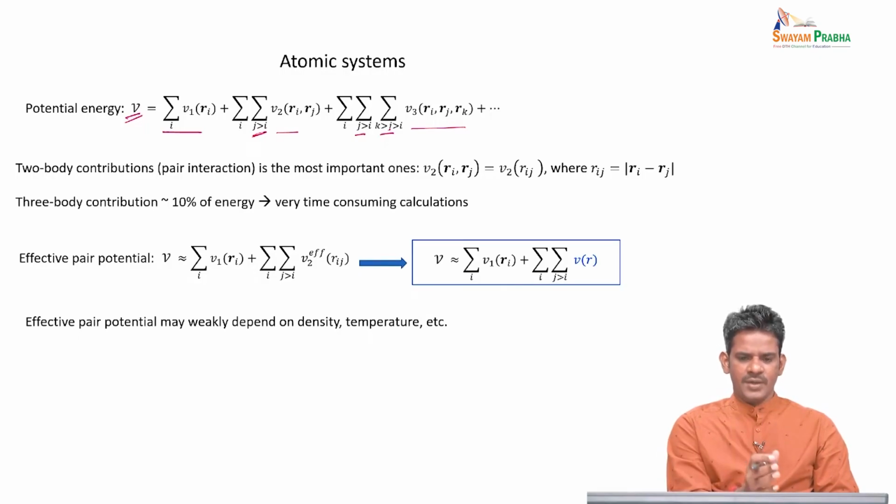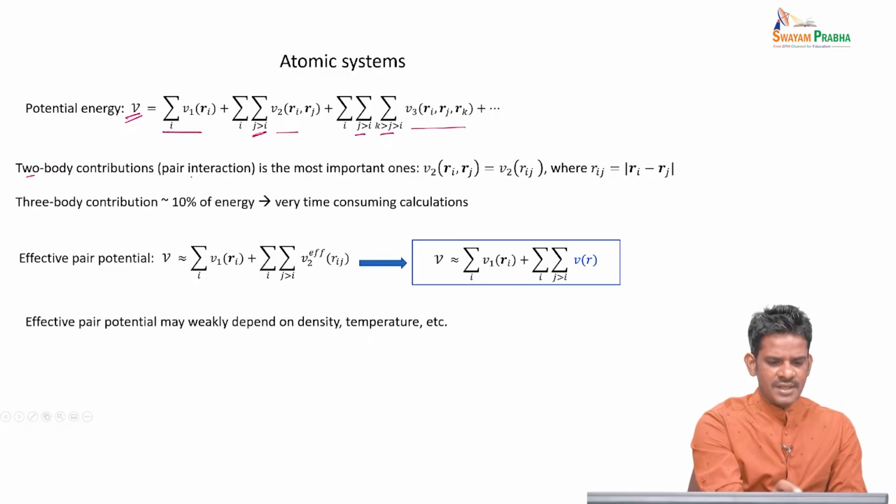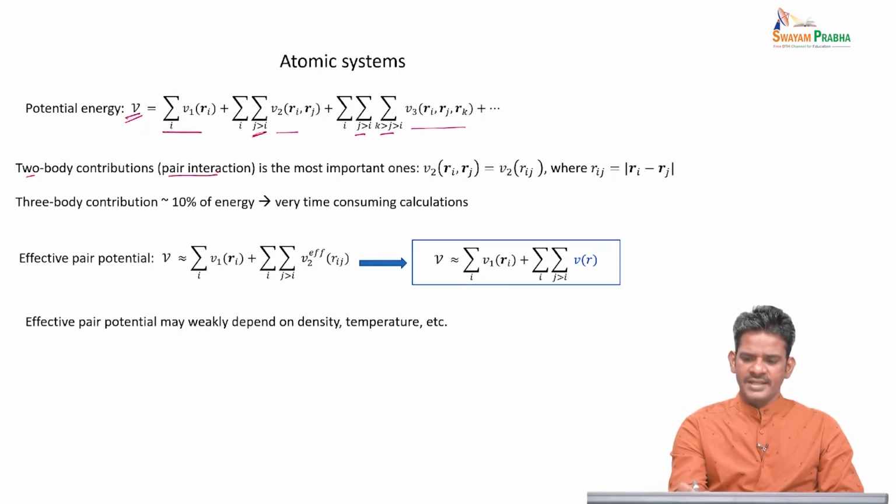Now, if you look at the relative importance of each of these contributions, unibody, two body, three body and four body interactions, experience shows that the two body interactions, also known as pair interactions, are the most important contributor to the overall energy or potential energy of the system. So we could write this V2 here, which is the two body or pair interactions,